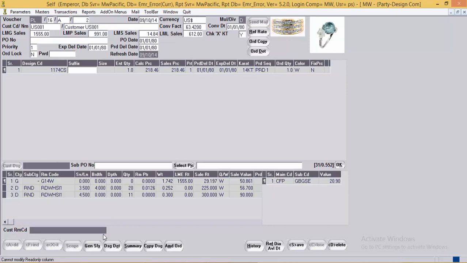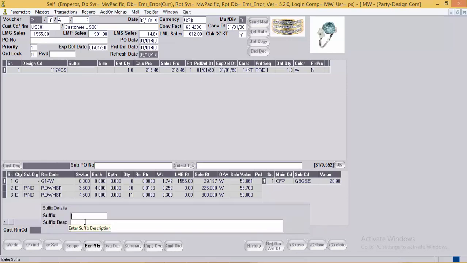And in the suffix we should maintain the gold caratage, color and the quality, like G14W for white, SI1 is the quality, and the description of the same.